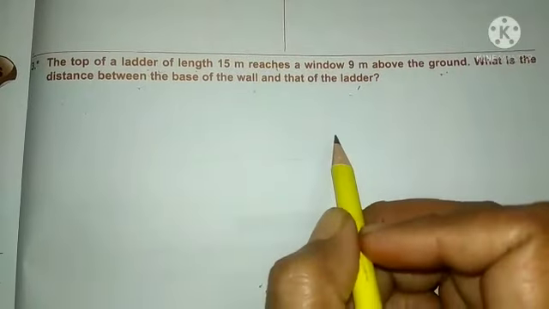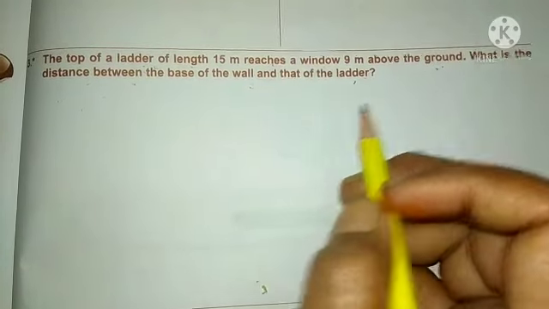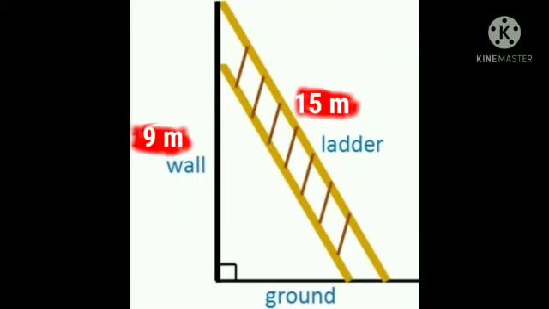Now see, I will show you the figure. With the help of that figure you will understand this question very clearly. Now see, with the help of this figure it will be very clear to you what you have to find out. Now see here, the ladder is given, clear, and the wall and ground is given. So here the length of that ladder is given, 15 meter, and the height of that wall is given, that is 9 meter. Clear? You have to find out the base of your ground. Clear everyone? You have to find out the base.